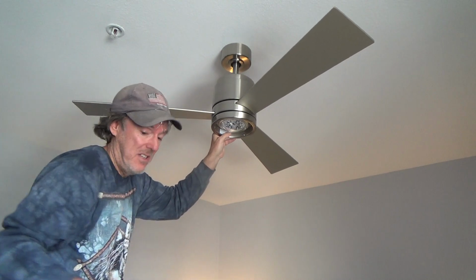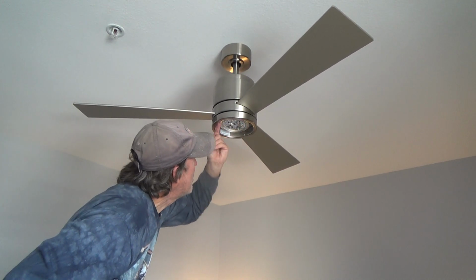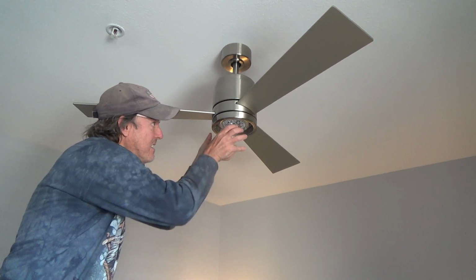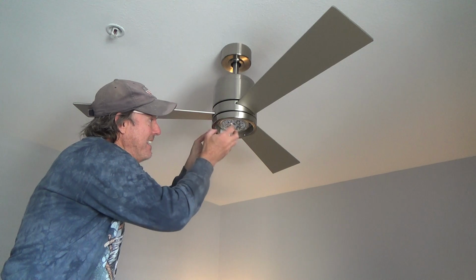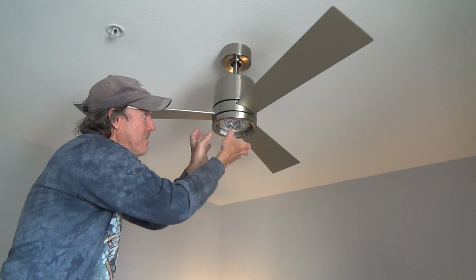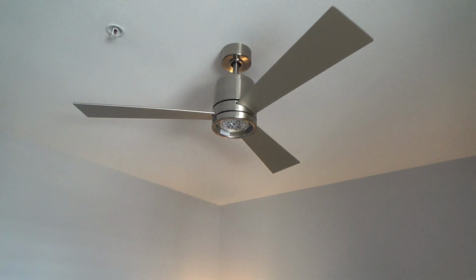okay, there we go. Okay, now I see on the inside of here there's little nibs. So that tells me the light housing is going to fit up in there, and then it's going to have notches with a little slide. I slide that up in there and twist it, and that'll be on there. And I'll look at that a little bit more closely, but you see it comes